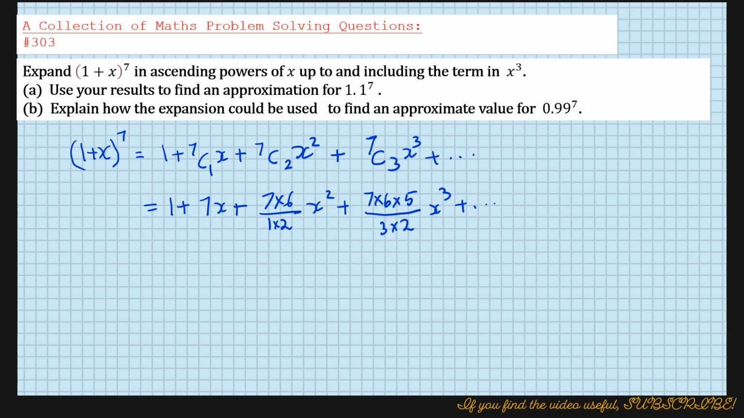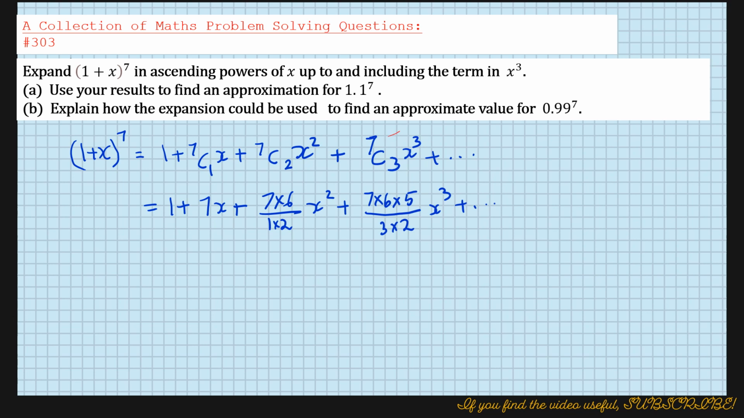7C2 is 7 times 6 divided by 1 times 2, that is factorial 7 divided by factorial 2 multiplied by factorial 7 minus 2, that is factorial 5. So they will cancel out, so that's why we just have 7 times 6 divided by 1 times 2. So similarly the other ones, if I were to write